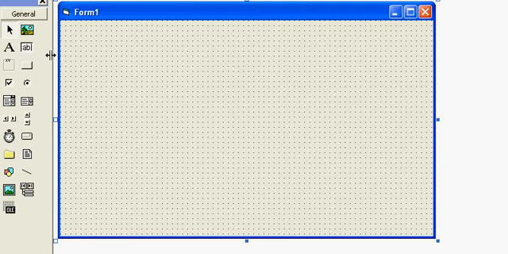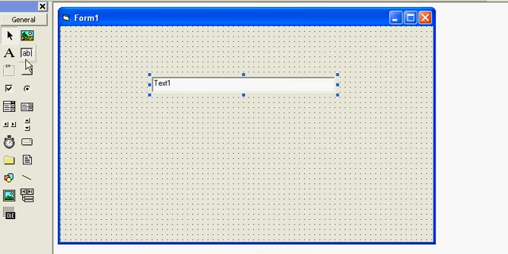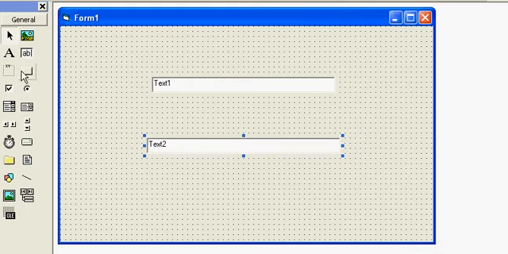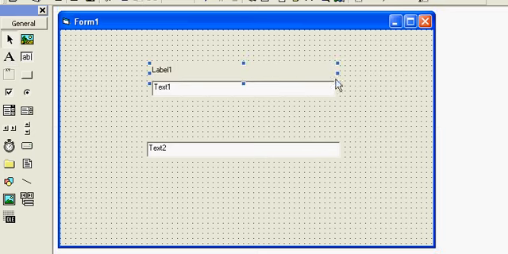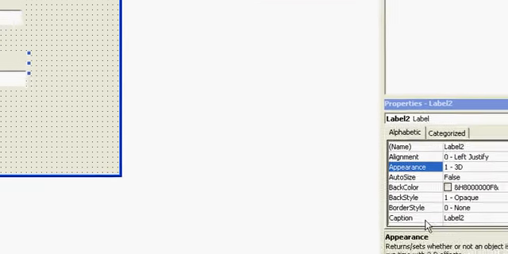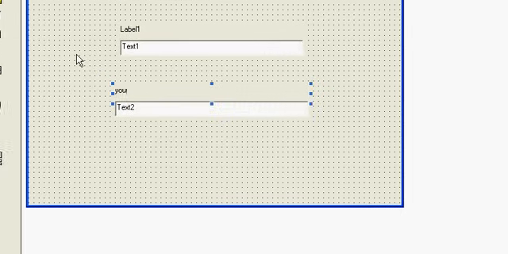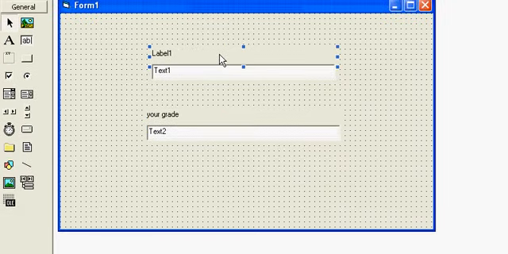In this tutorial I will show you how to use cases in VB6. I will use a grade system here. The first text box is used to get the marks of a student, and the second text box displays their grades accordingly. So I will change the caption here and here too,